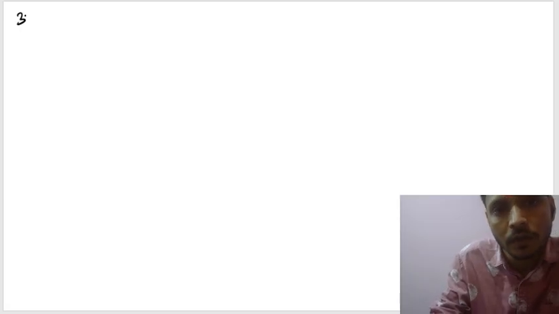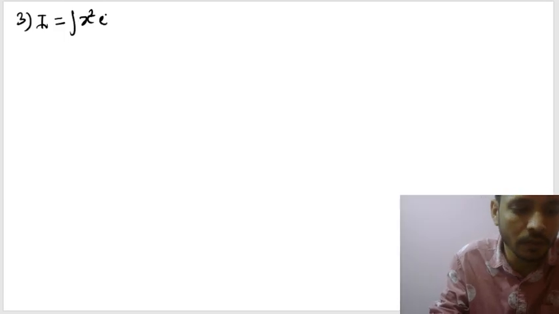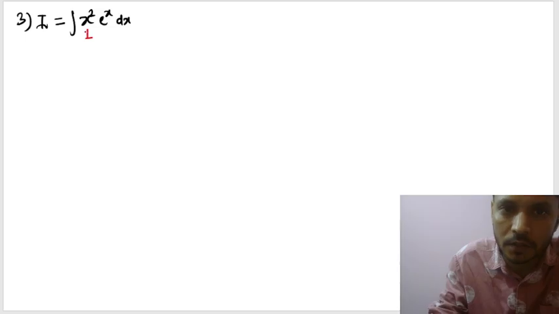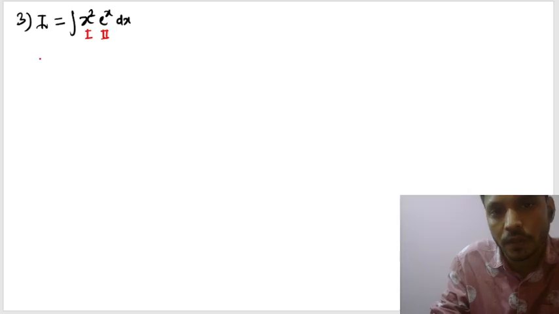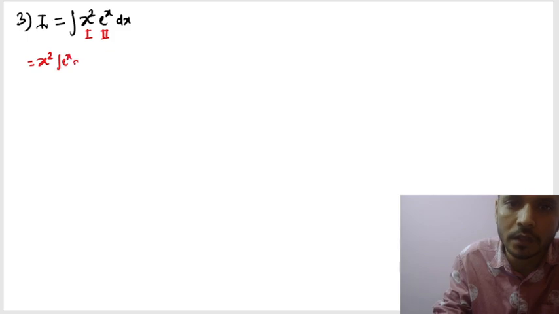Now we'll move to the next question, that is question number third. Here we have I is equal to the integration of x square e to the power x into dx. How can we integrate it? As we can see here, there is an exponential function. If you see the ILATE rule, the exponential function is always last, right? So x square is the first function and e to the power x is the second function. So the first function, we are writing x square, and the integration of the second function, that is e to the power x into dx,